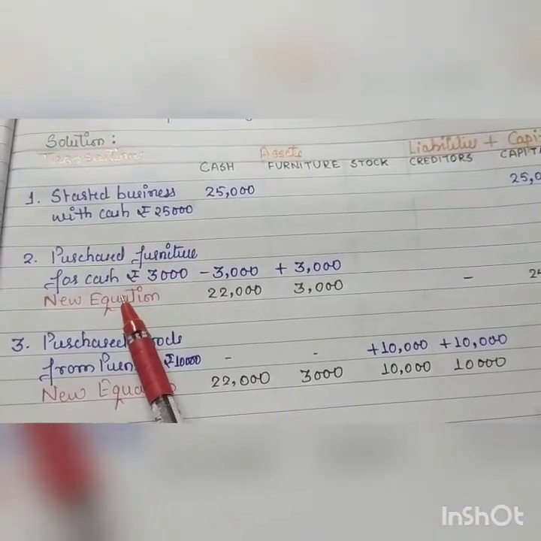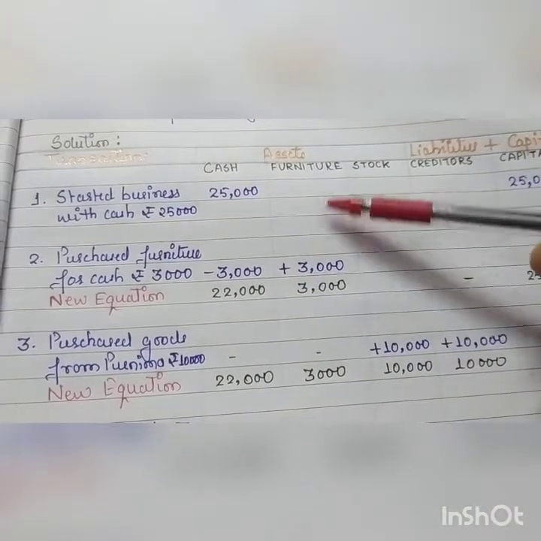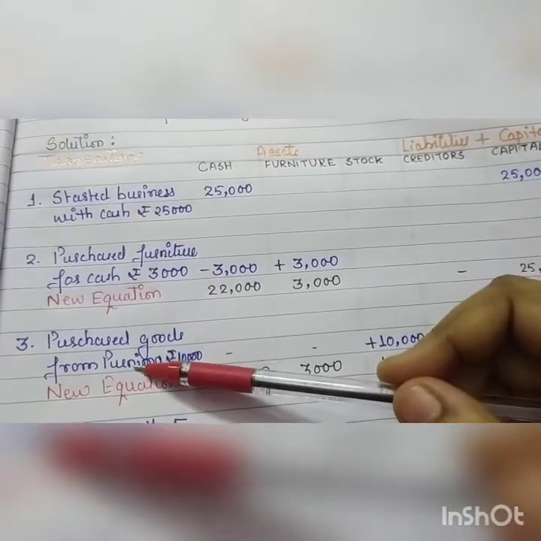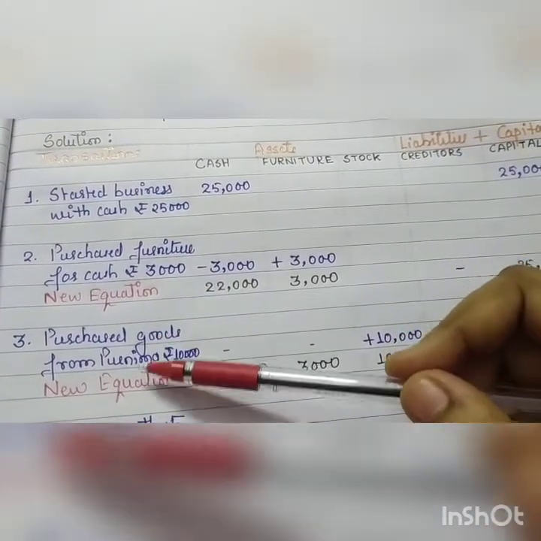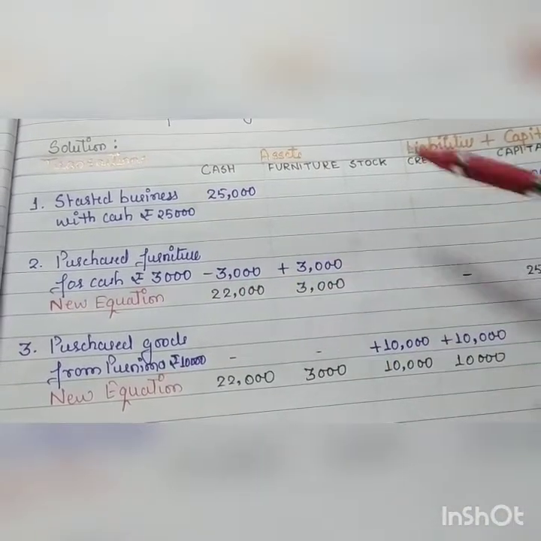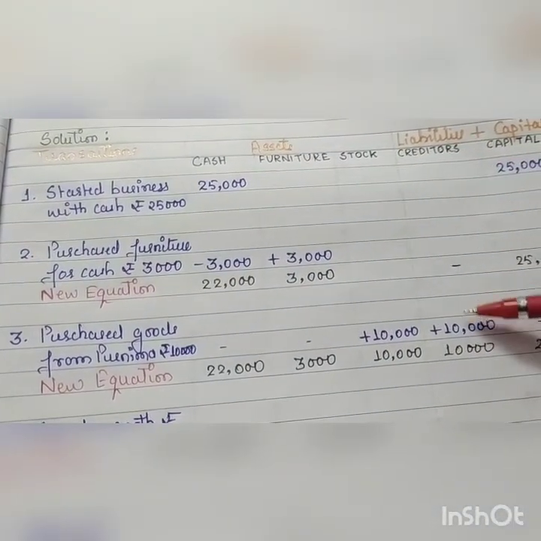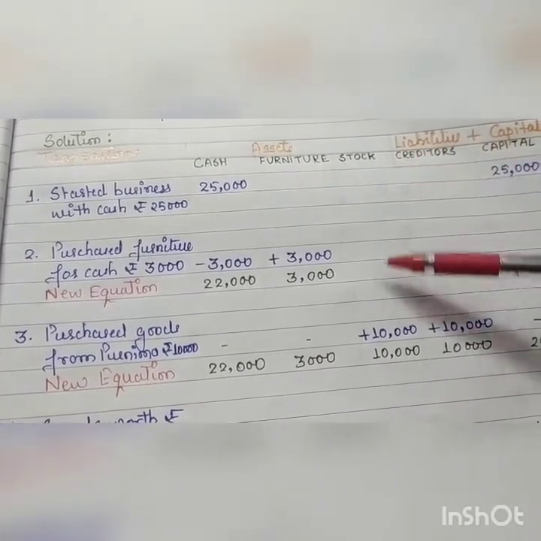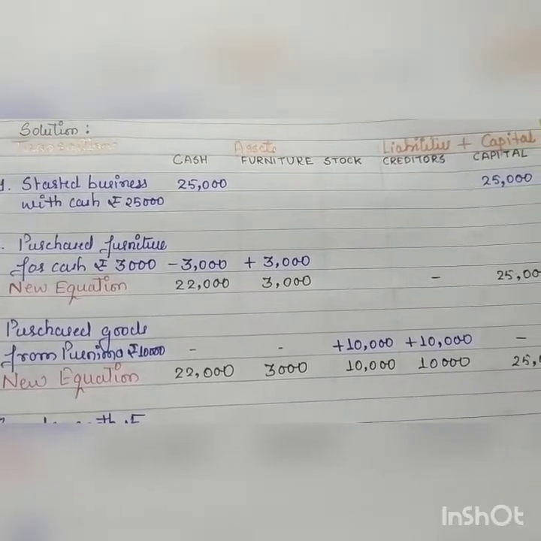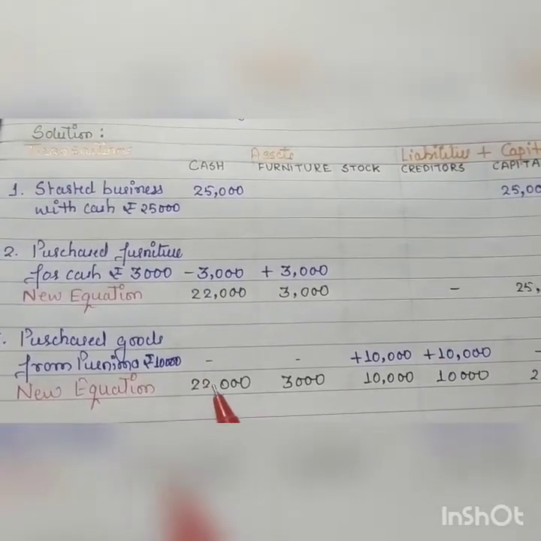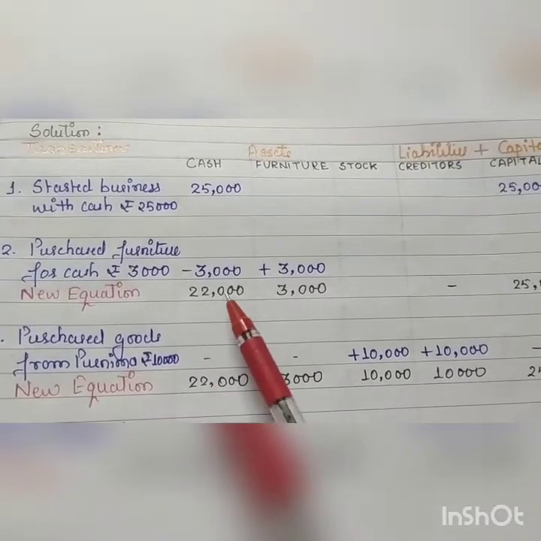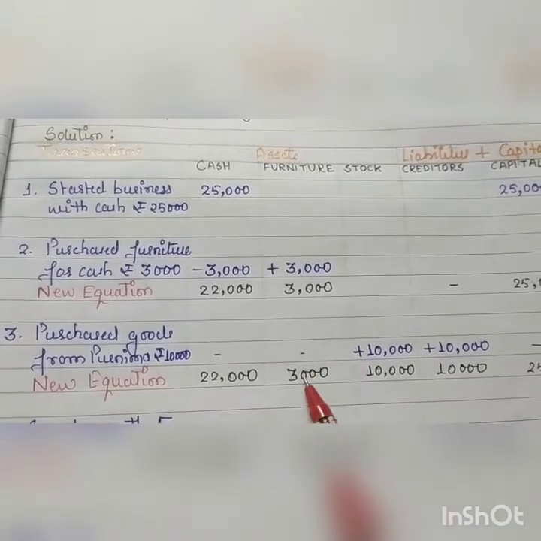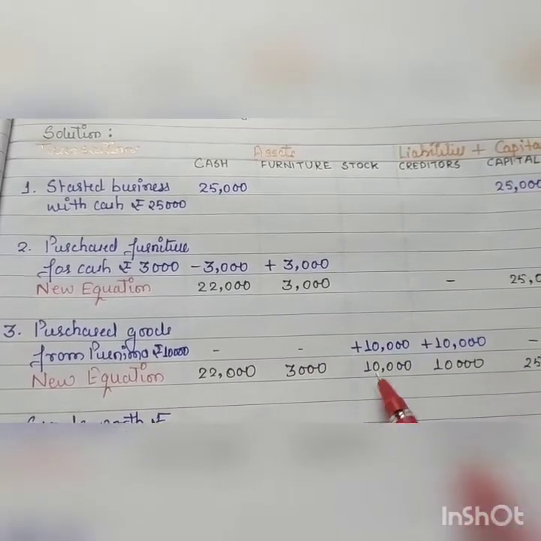It was purchased in cash, therefore we decreased cash and your furniture increased by the same amount. But here, you can see name is given without the word cash. That means it is a credit transaction. So your creditors will increase by rupees 10,000 under liabilities, and at the same time stock will increase by rupees 10,000. Understood? So new equation will be 22,000 because no further effect under cash. Same 22,000. Here 3,000. Stock new we got 10,000.